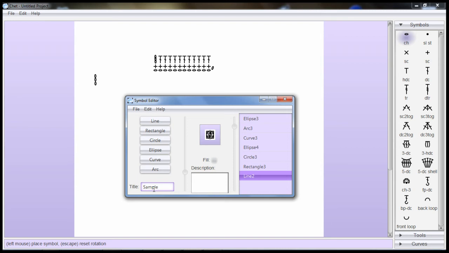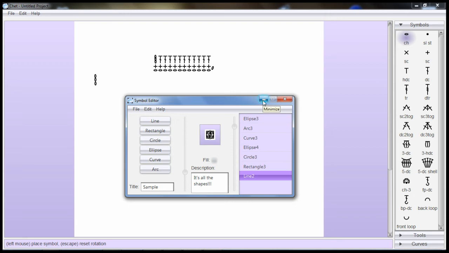And you can add a description, and it's all the shapes. This has like 60 or 100 or something characters, so you can just define what stitch the symbol you just created represents, so that if you decide to share this file, what you'll do is save this to your hard drive and then import it into Chet, and you can send